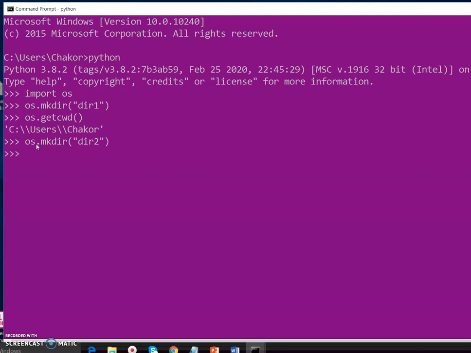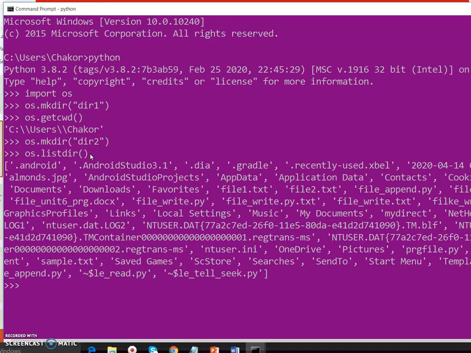So again it has created the second directory. We will check the list of directories. To list the directory, there is the listdir method. So here I have written os.listdir.